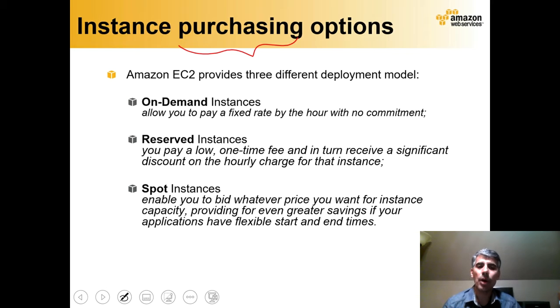For example, you can get 60 to even 70% cheaper than the original price. The interesting thing about spot instances is that Amazon scavenges the resources that are unused within their data centers, and then they sell them in the spot instance form. And that's the reason that they are cheaper. However, the disadvantage of spot instances is that they are not stable. In other words, because it follows the auction based on the demand, the price may change, and you can easily go out of bid, and your resources will be terminated. Your VMs will be terminated in that case.